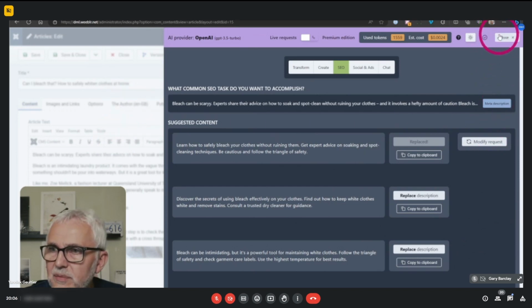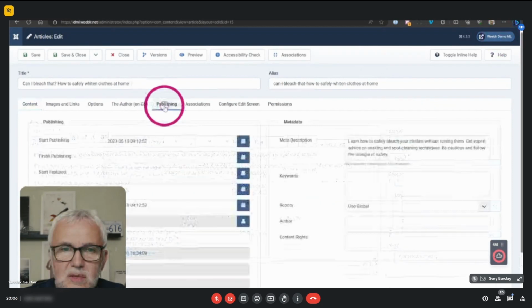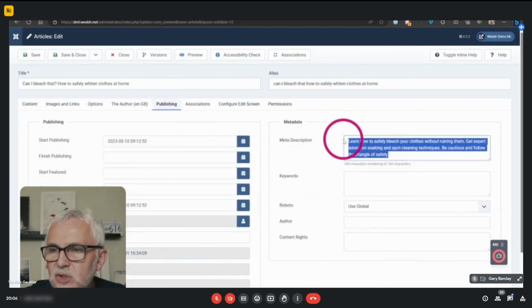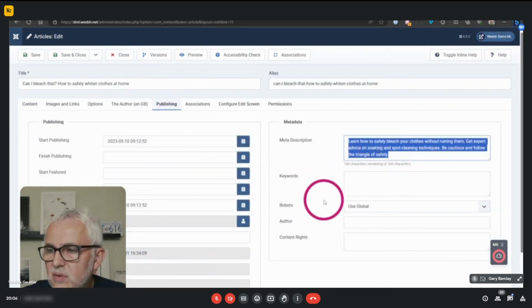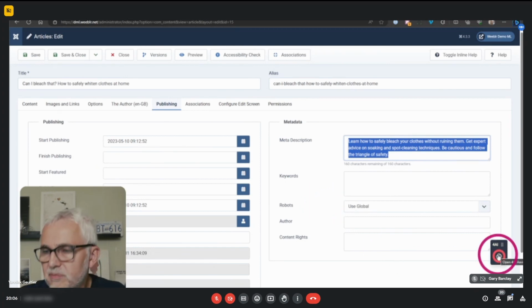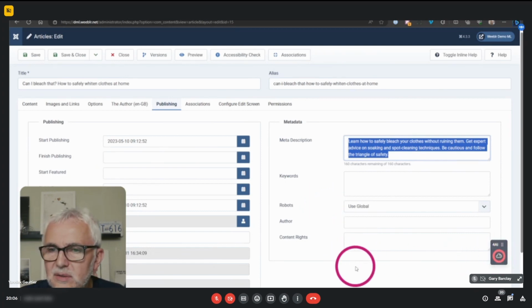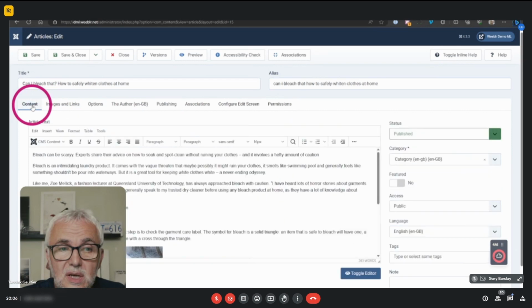If I close that, I will see the description has been filled in here from 4AI. So it's really convenient to do tests and then validate and use the content that you have created.